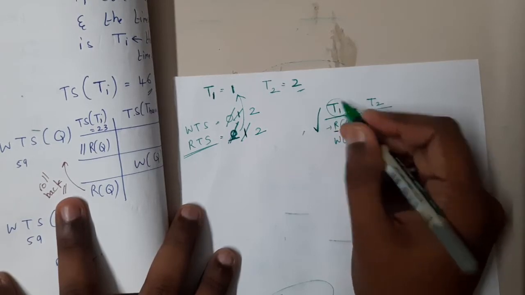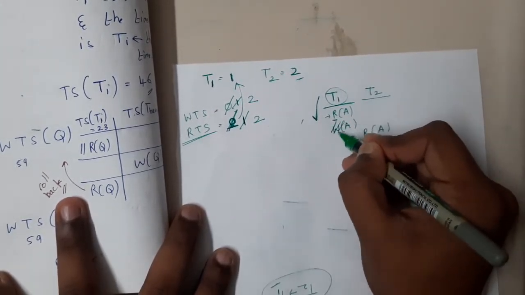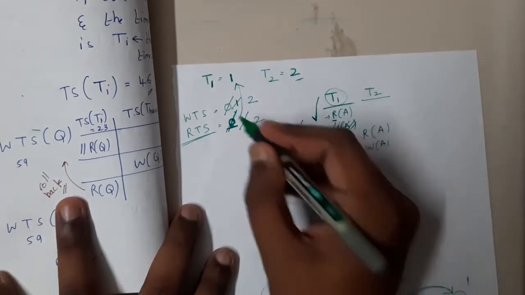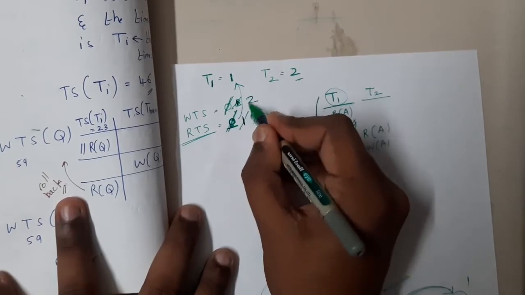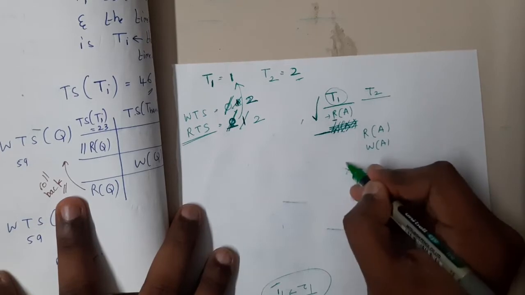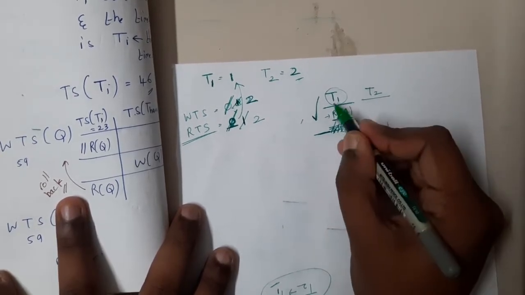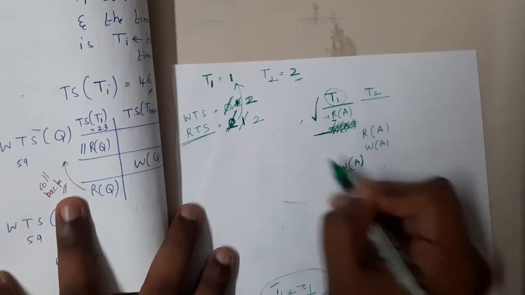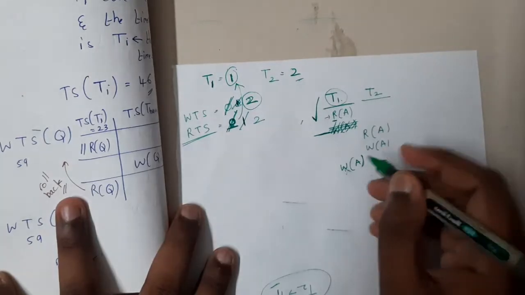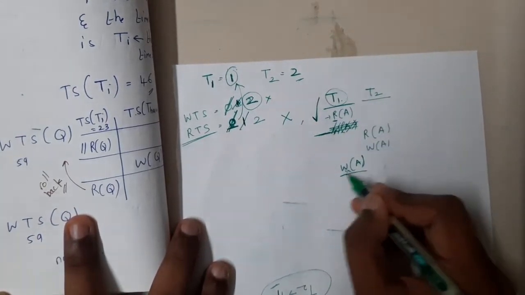Now assume that T1 again wants to read. Or assume that this particular write operation was not successful at that time. Due to some delay, this operation did not occur, so this 1 will not be there, and from 0 we directly move to 2. Now he needs to do this operation at some point. Assume he wants to do it now. We are going to check T1's timestamp with the write timestamp here. Is 2 less than 1? No. So this is an issue. Here we cannot perform this write operation.